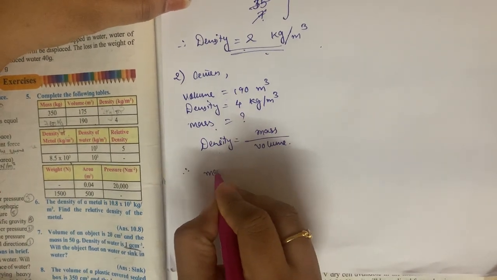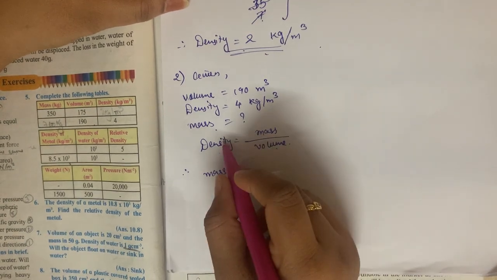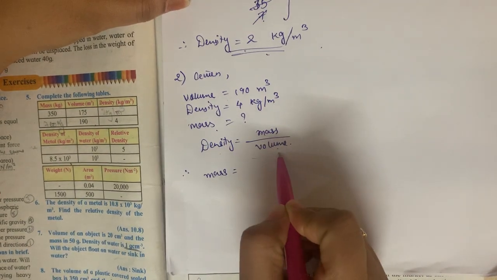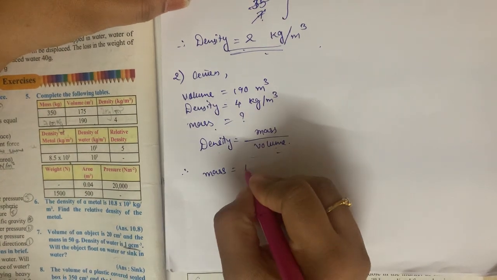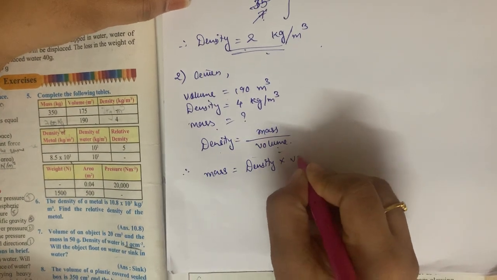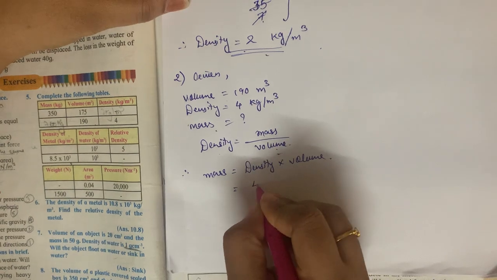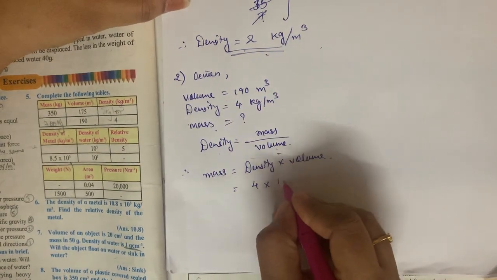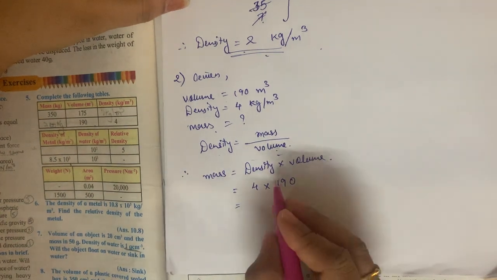So you will write mass is equal to, what will happen when volume you are taking to the other side? This is in the denominator, right? When it goes to the other side, it will come in the numerator. So density into volume. Now put the values. Density, that is 4, volume, that is 190. Okay, so just multiply 4 into 190, you will be getting